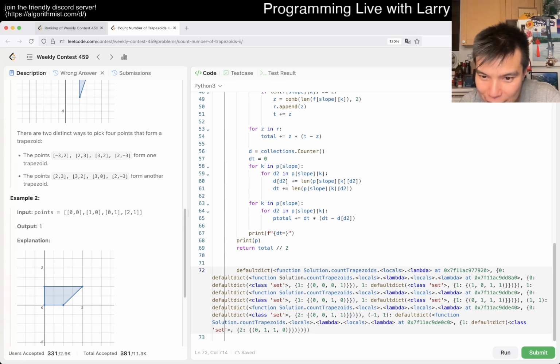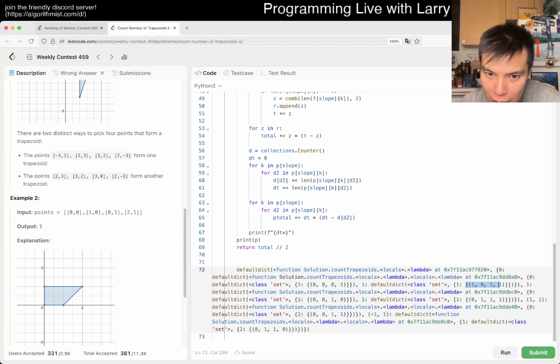But okay, so you have this line and you have this line on different intercepts, or I call it intercepts, but in this case it's not, with a distance of 1 and 1. Right, so that's actually kind of what we want. So then why is it not, so dt is going to be 2. So then what, dt minus d1, oh,